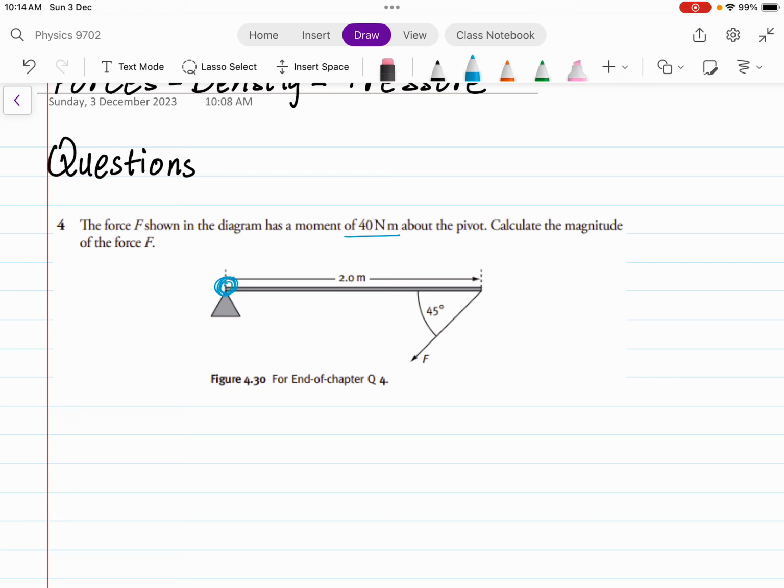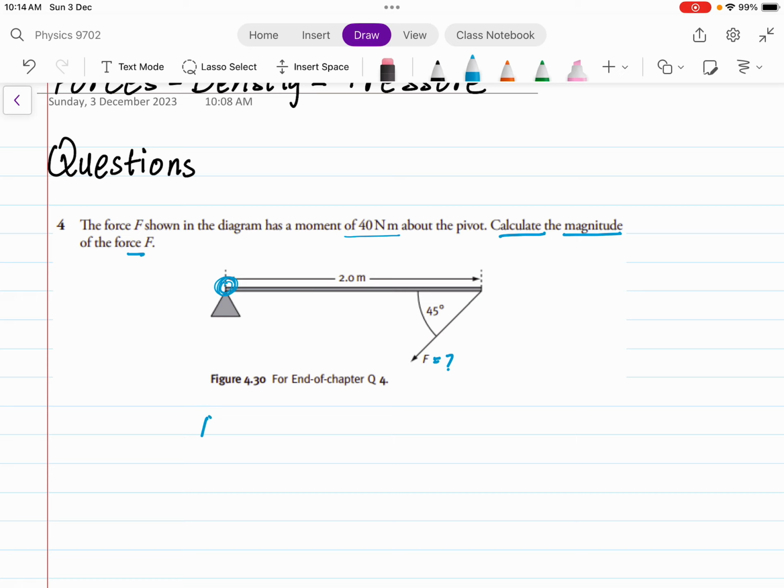This is the pivot, right? And what we need to calculate is the magnitude of the force. So what is this force F? We need to find its magnitude. So we know that